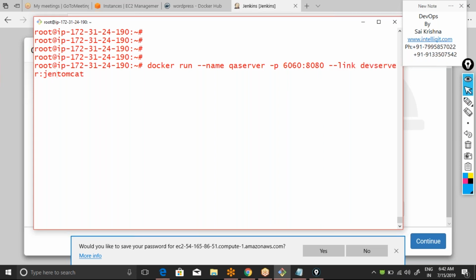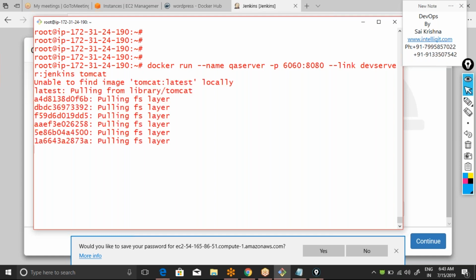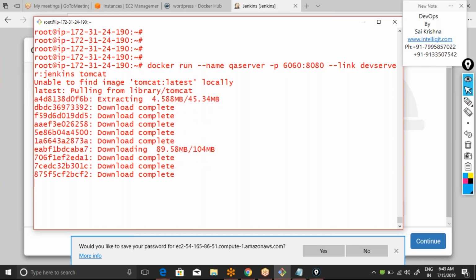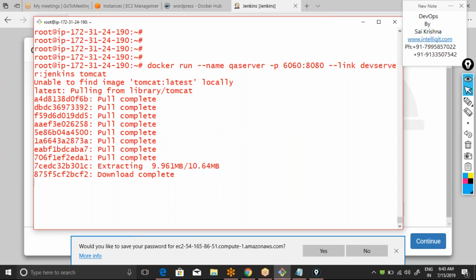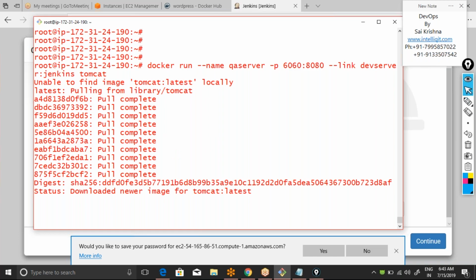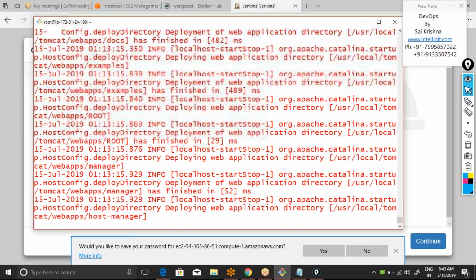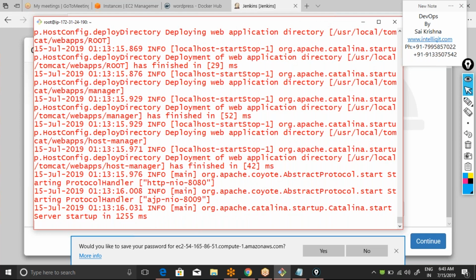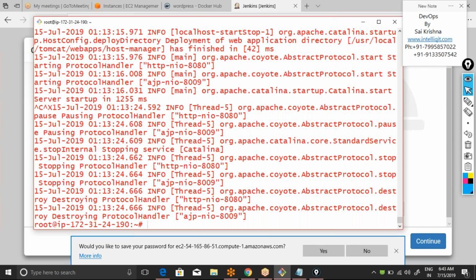You give whatever alias you want. I'll give the alias as Jenkins. So Tomcat is getting downloaded, and then it will start as a container. And it's linked with the, oh, I did not give -d option. Oh, you see, when you don't give -d, it keeps on generating these logs. So let me just close that, delete that container,